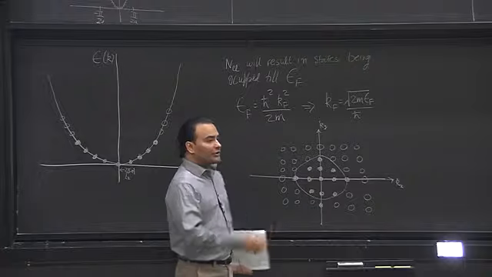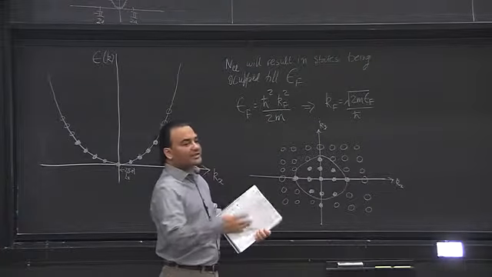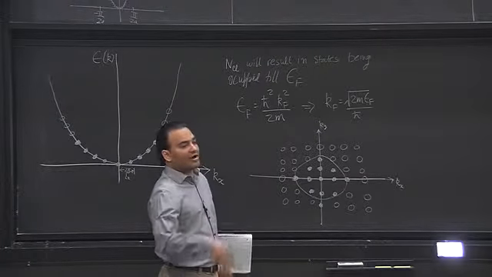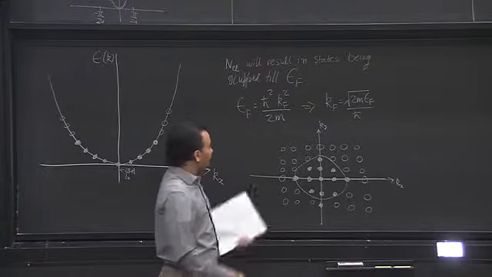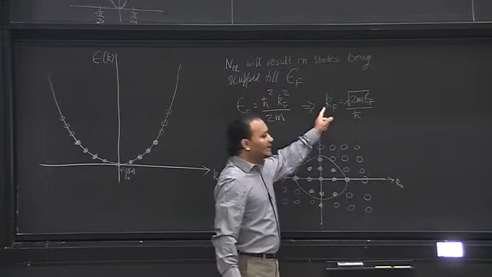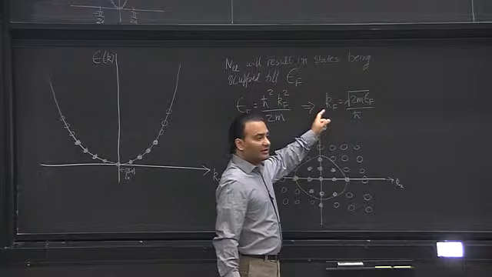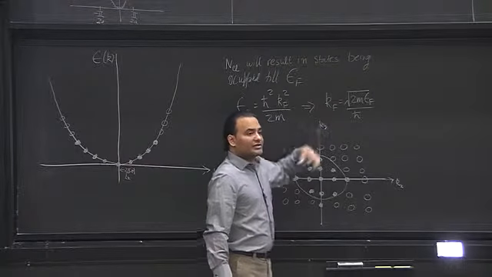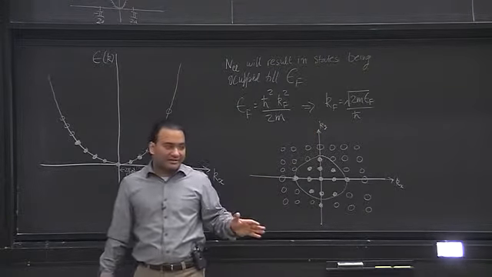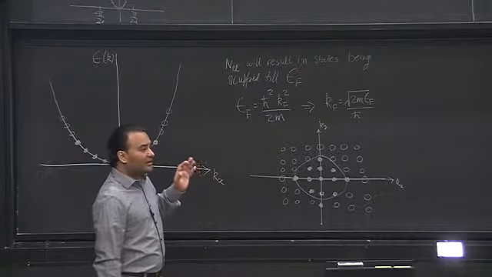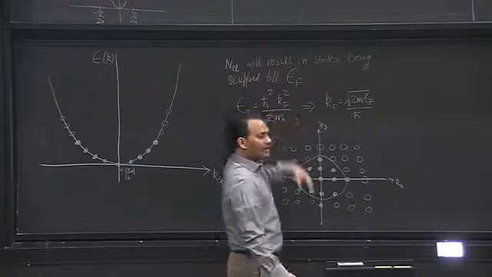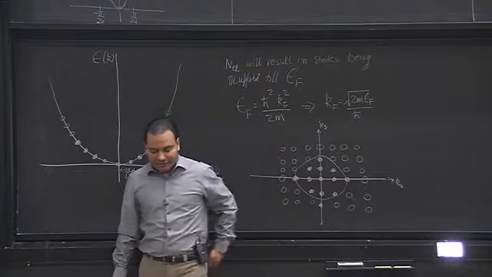If Lx is equal to Ly equal to Lz, then this will be a sphere. You can call it a Fermi sphere, and this sphere will have the radius of the Fermi wave vector. So this is a sphere in momentum space, and the radius is kf, everything inside is filled, everything outside is